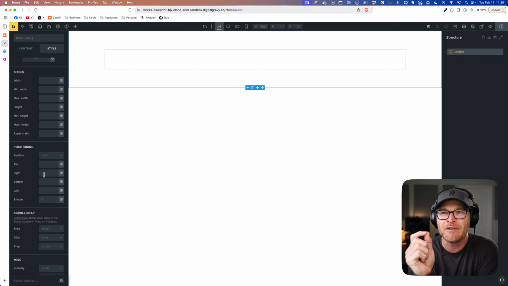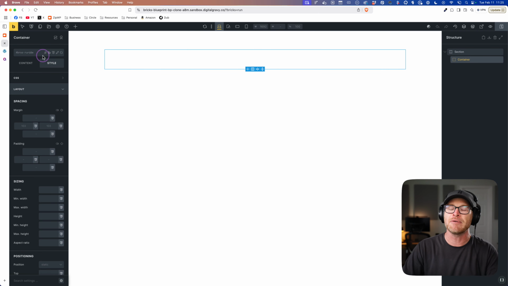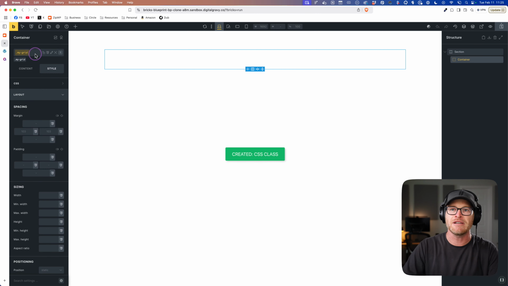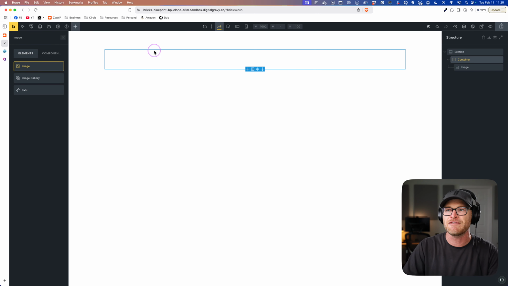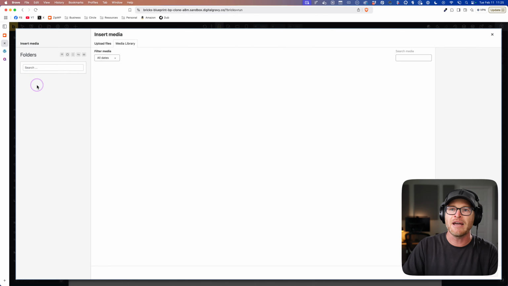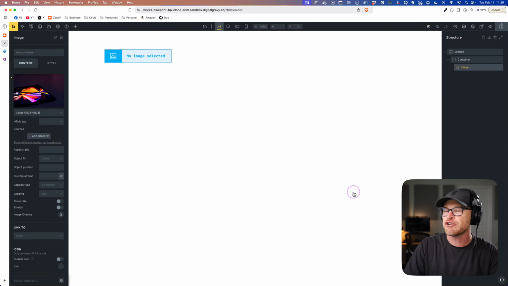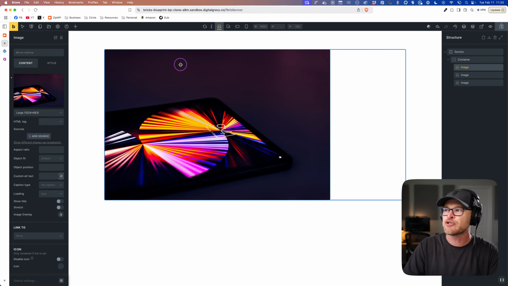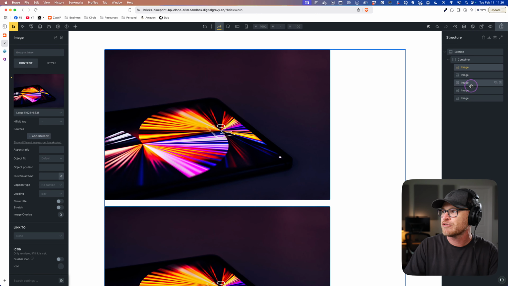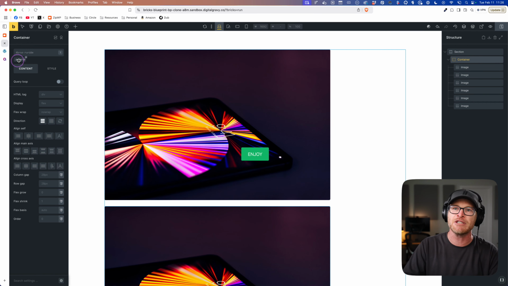Okay, and I do wanna talk about, we'll go off on a little side quest to talk about the problem with breakpoints in page builders and how Etch is going to solve this problem, or how I foresee Etch solving this problem. But it's another problem related to custom CSS. Because if you're writing custom CSS, for example, I'm gonna say my grid. Okay, I wanna create a grid. Let's put some stuff in there. Let's just throw an image in there and we'll duplicate it a few times. And I'll show you the inherent problem that drives me insane. 1, 2, 3, 4, 5, 6. Okay, so we have 6 images in there.